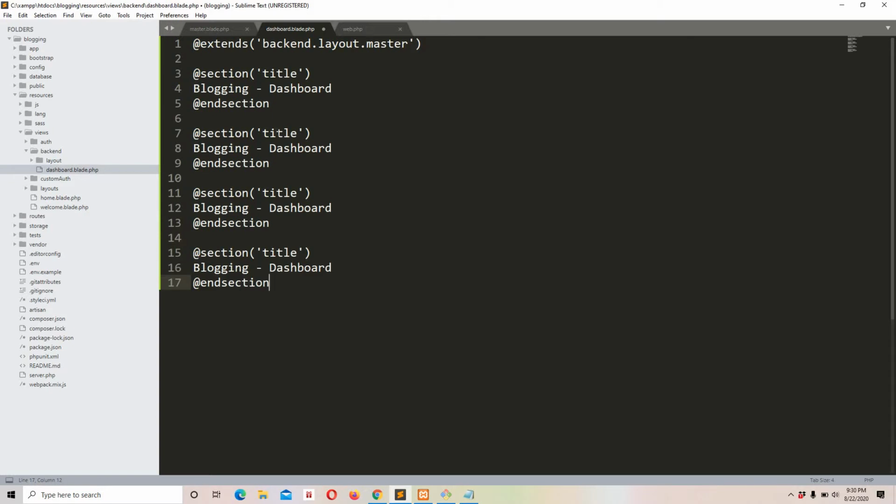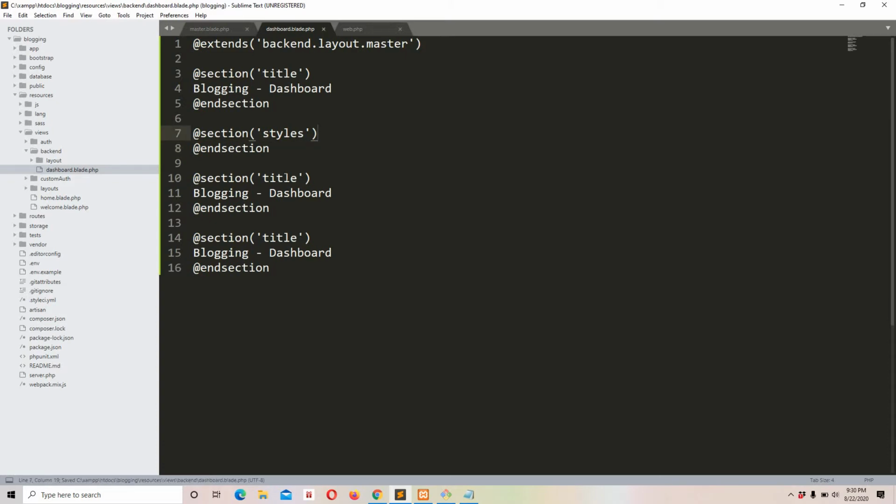Okay, so this section would be for styles. Every page is going to contain specific styles like CSS. Okay, so if there is any, we are going to implement right here in this section. Okay, and this would be the content section, main content section of every page, which is going to be unique in this case. Okay, and right here scripts.